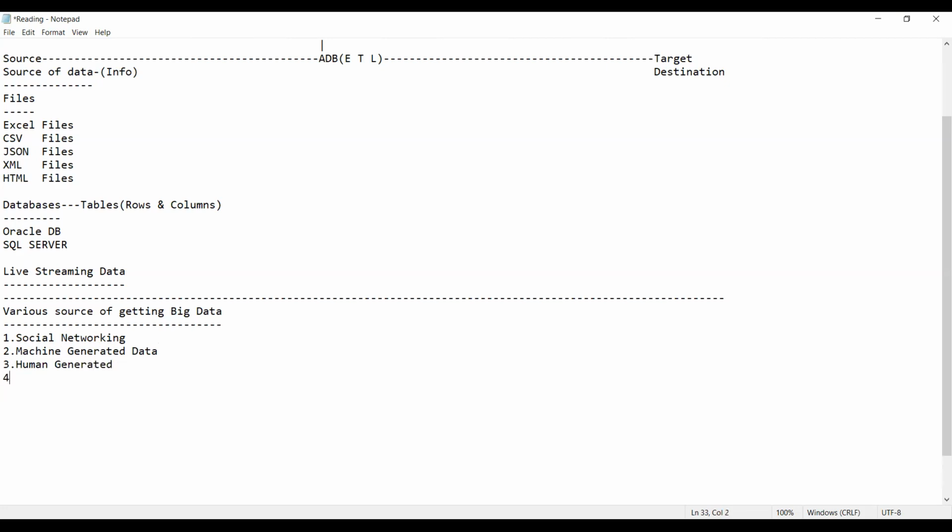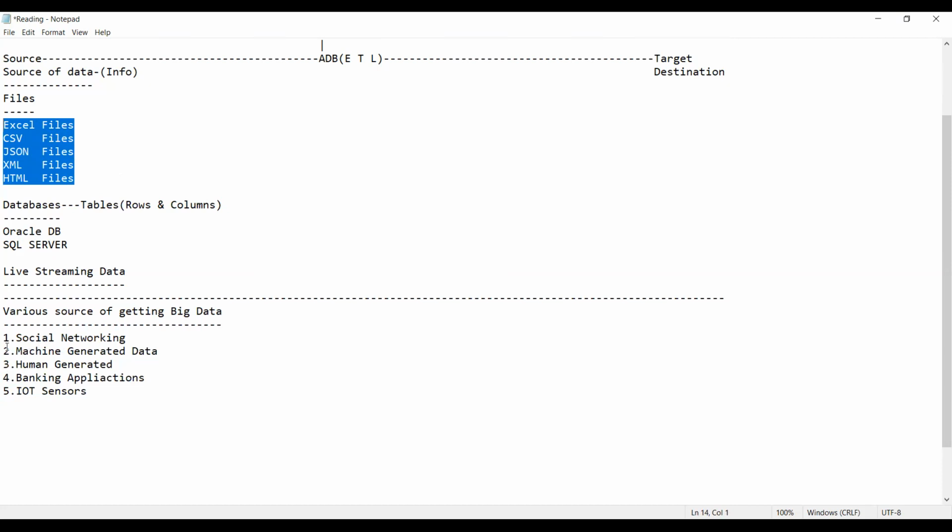Apart from these, we can also get the data from banking applications, then IoT sensors, etc. These are all the sources of getting big data. And from these sources, we can get the data either in the form of databases, or else in the form of files.